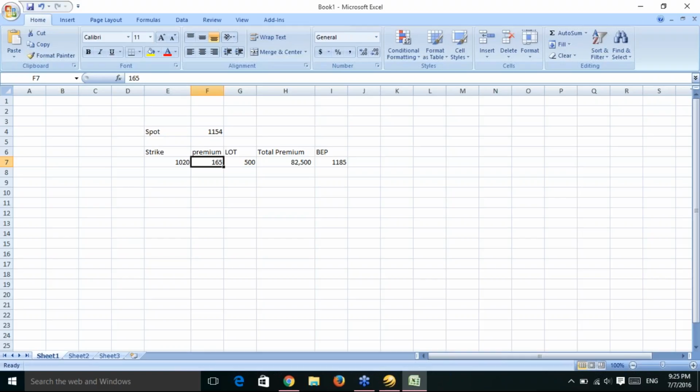So same here. I am planning to buy at a cheaper price, at 1020, not even at a higher price. So my premium is higher here. The intrinsic value plus the time value. So this comes to 1185, which is my break even point. But in second case, if I say at 1160, the premium is 44. I see here